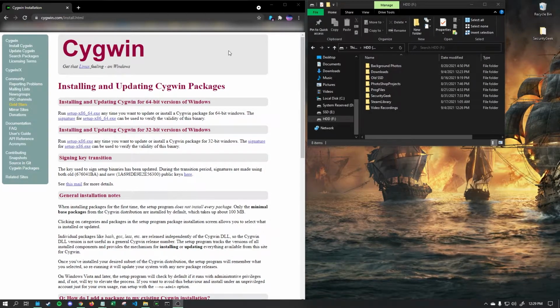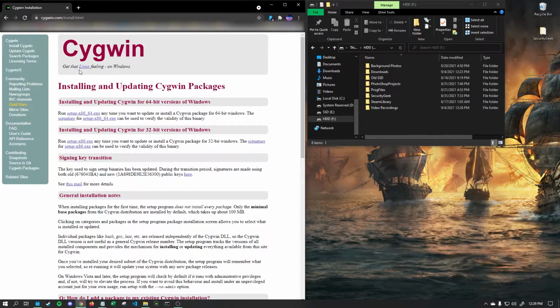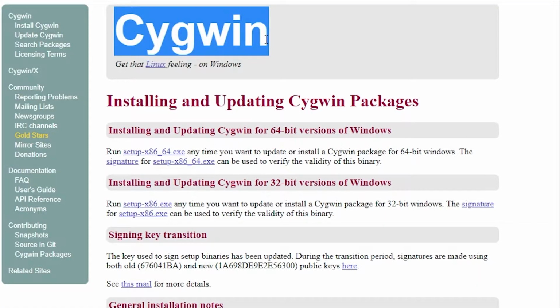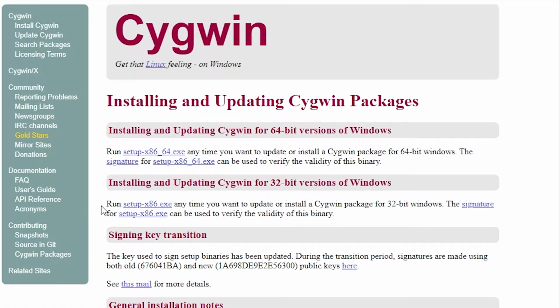So first, what we're installing is actually called Cygwin. This is a compiler for C and C++. Or, like, it can work with a bunch of languages, but we're going to work with the C++ side of it today. So in the link description, you're going to click this setup-x86_64.exe,